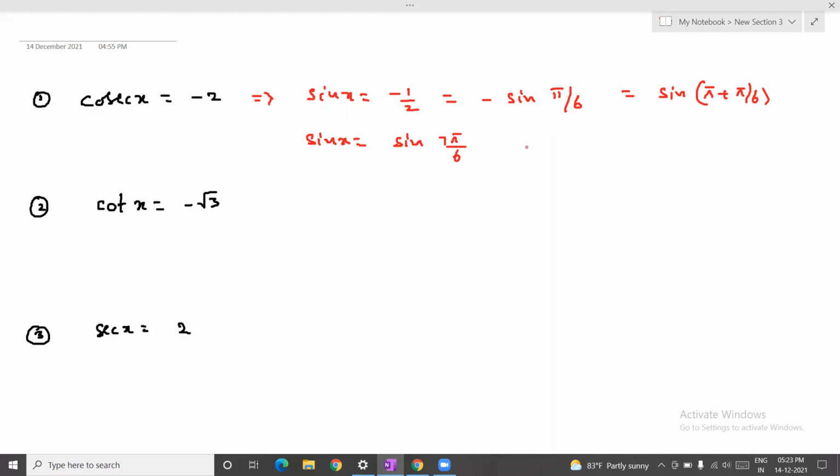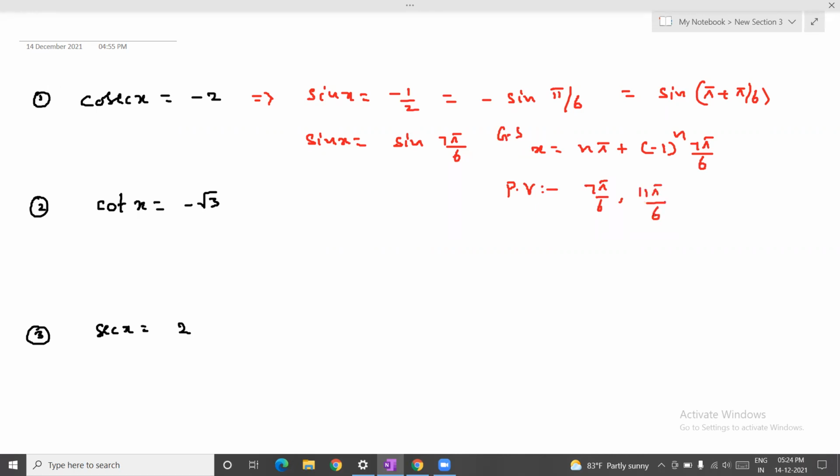According to sine x is equal to sine alpha, what is the general solution, students? X is equal to how much here? N pi plus, general solution, N pi plus -1 to the power n into 7 pi by 6. If they are asking for principal values, 7 pi by 6 and 11 pi by 6. Both the values are the principal values.